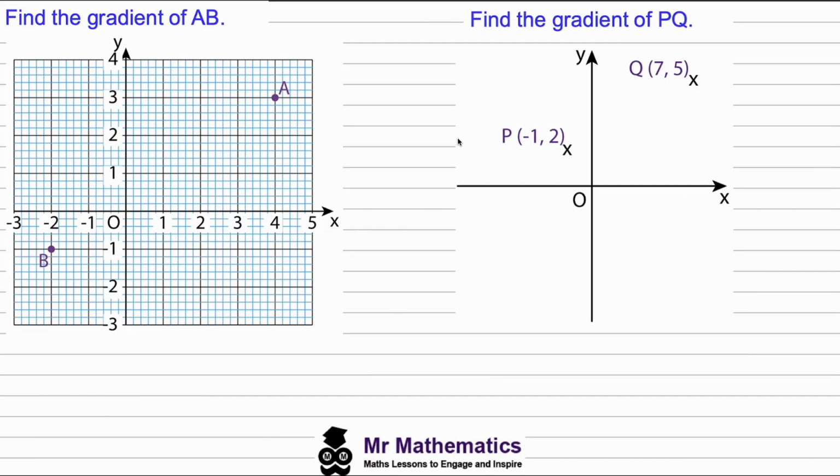So in these questions, we're going to find the gradient between two coordinates. So to work out the gradient, we go through the same idea. We find the change in x, which is from -2 to 4. And then the change in y, which is from -1 to +3. So the gradient